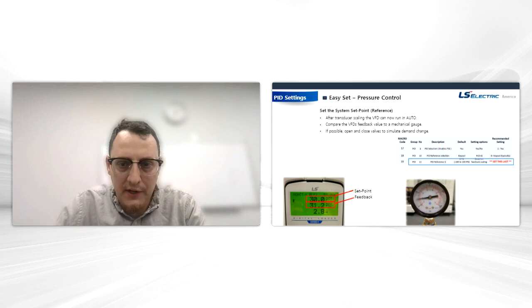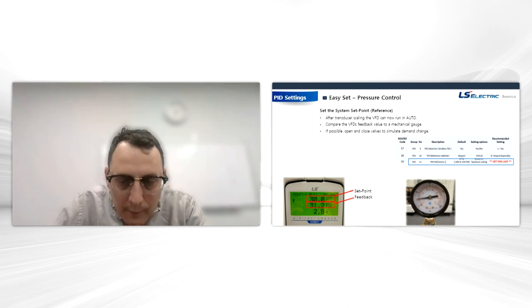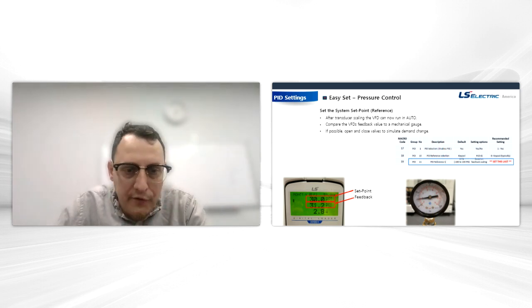This is kind of showing where you would set your set point. This is actually an example of a little demo we have set up in our office here. So we have a 30 PSI set point. Our feedback is 31 PSI, and you can see that we're comparing this to a mechanical gauge, which I